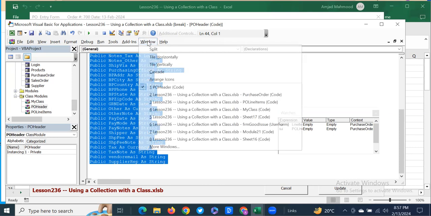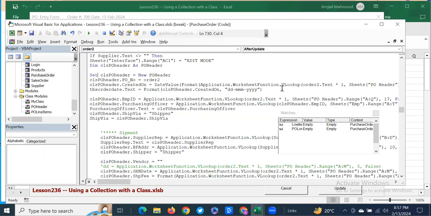So that template has been applied, and when you set it as a new PO header, this is the dimming and this is the setting it up, meaning applying the template over your new variable, that is CLS PO header. This way you are going to initialize your header,